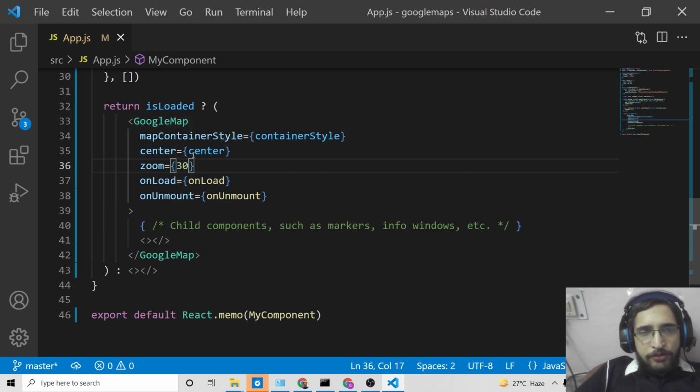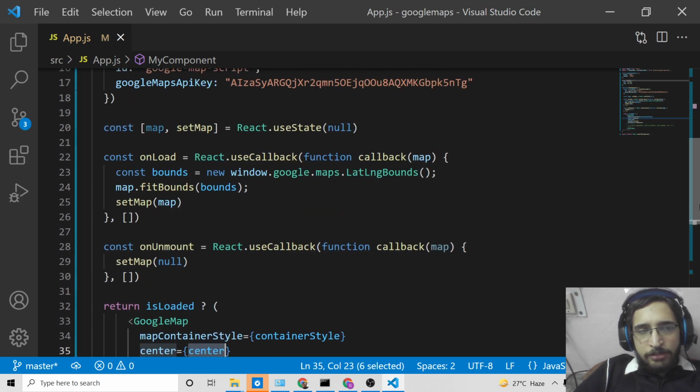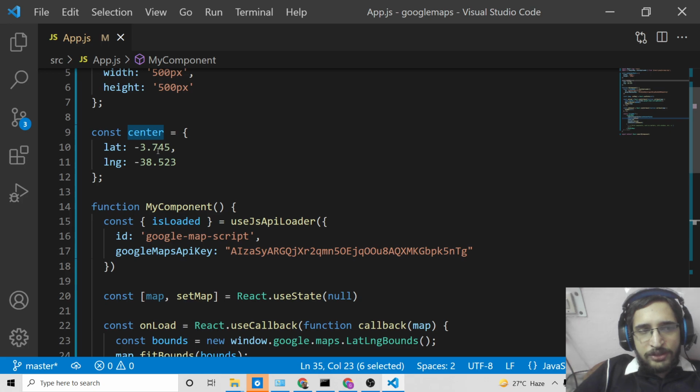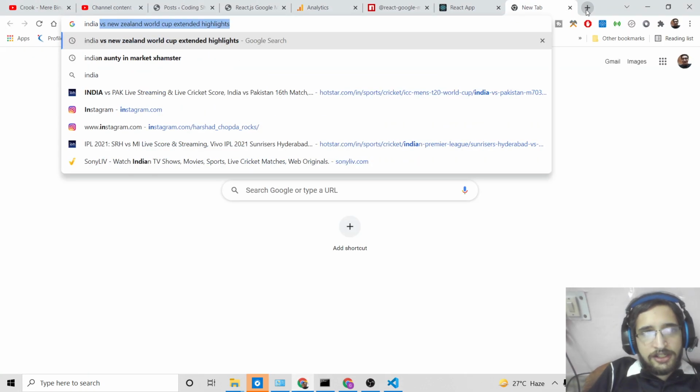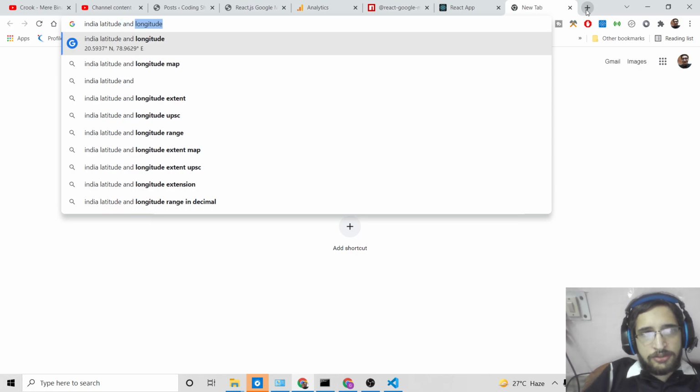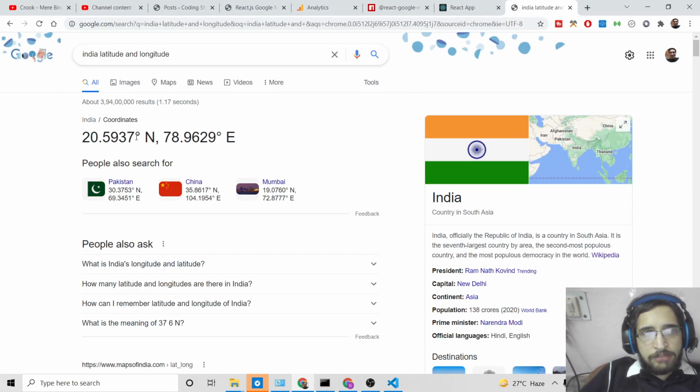And also you can provide the center position by providing latitude and longitude. You can change these latitude and longitude of a different country to center it. If I just search for latitude and longitude of India, it will provide me with these coordinates.